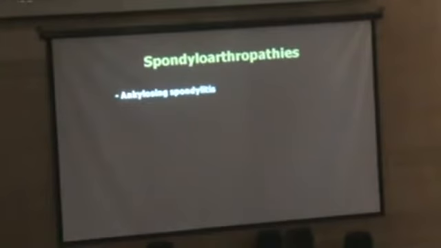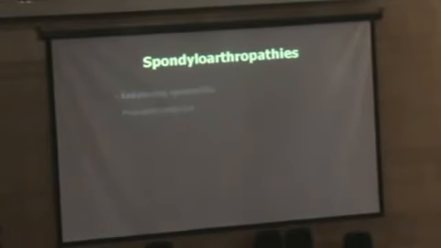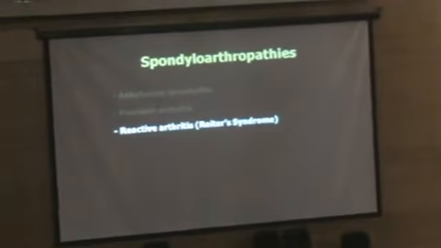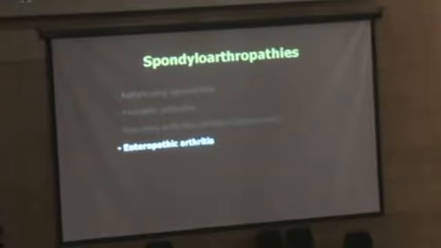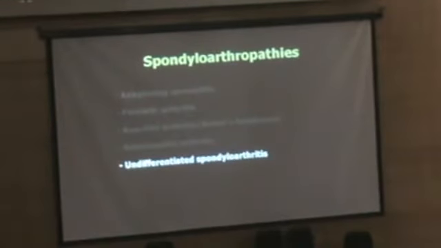So the pathologies included here, and you probably all know about those: ankylosing spondylitis, psoriatic arthritis as well, reactive arthritis, formerly called Reiter's syndrome, enteropathic arthritis as well. And this is pretty much the four pathologies we're going to discuss in this lecture. Just to let you know that we have a bunch of undifferentiated spondyloarthritis as well that we cannot fit in any of the other